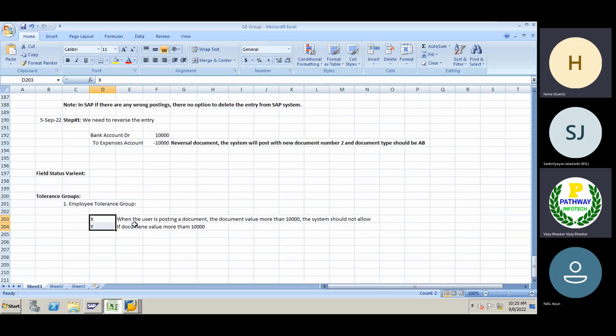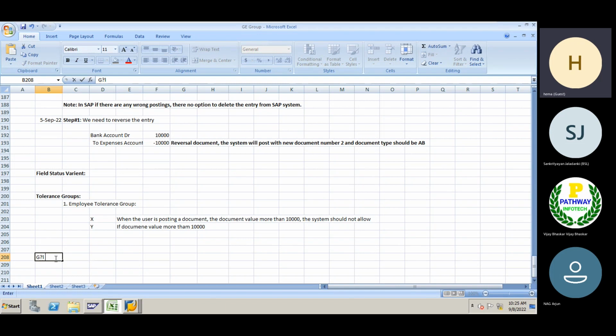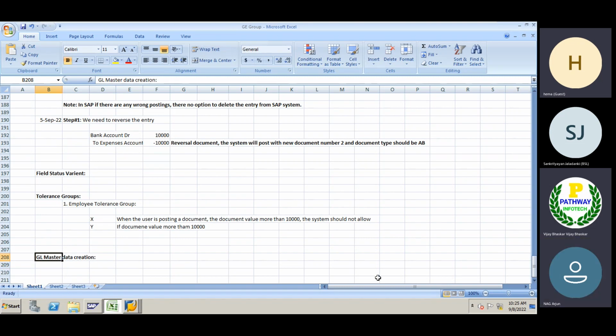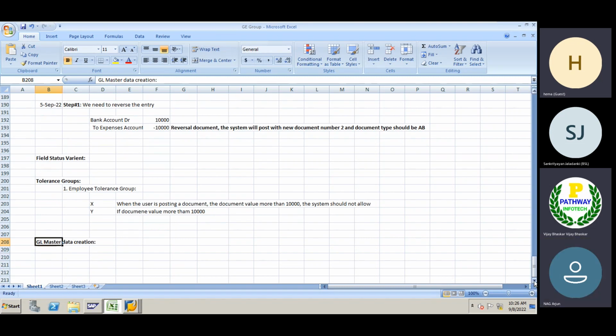GL accounts or GL master data. GL master data creation. Now GL master data creation in SAP, we can do at three